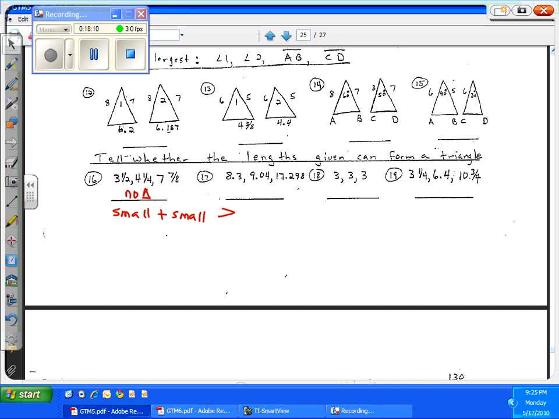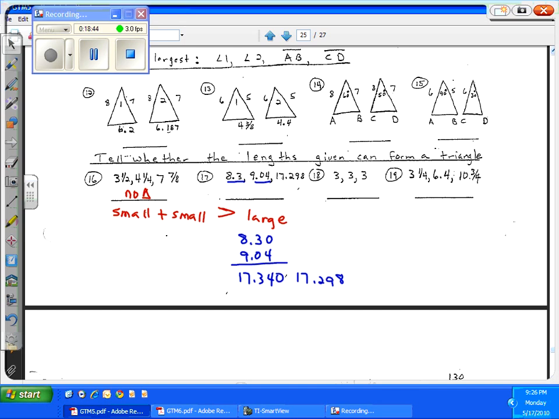Again, we're trying to see if small plus small comes out to be greater than large. If it does, it is a triangle. So we're going to take the small plus the small here, 8.3. We're going to add 9.04. We get 17.34, if we lined up our decimals there and added a 0 as a placeholder. 17.34. We're comparing that to